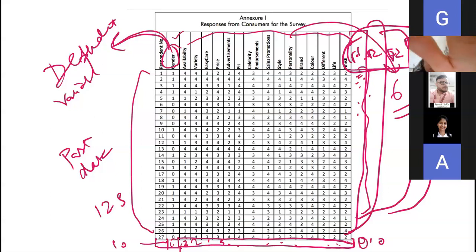ओके। एंड I don't know whether you'll be able to do, okay, whether you'll be interested to do. I can share other data files also. Otherwise, you already have Wendy's and that Dell wala data set also. You can try it on that data set also. That's huge data set.